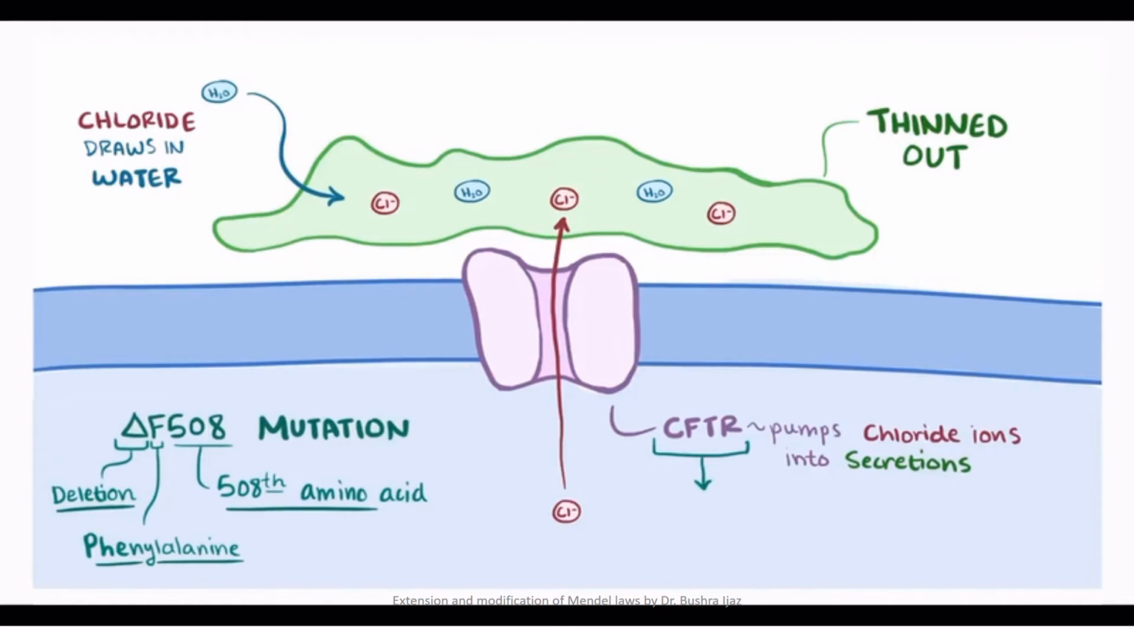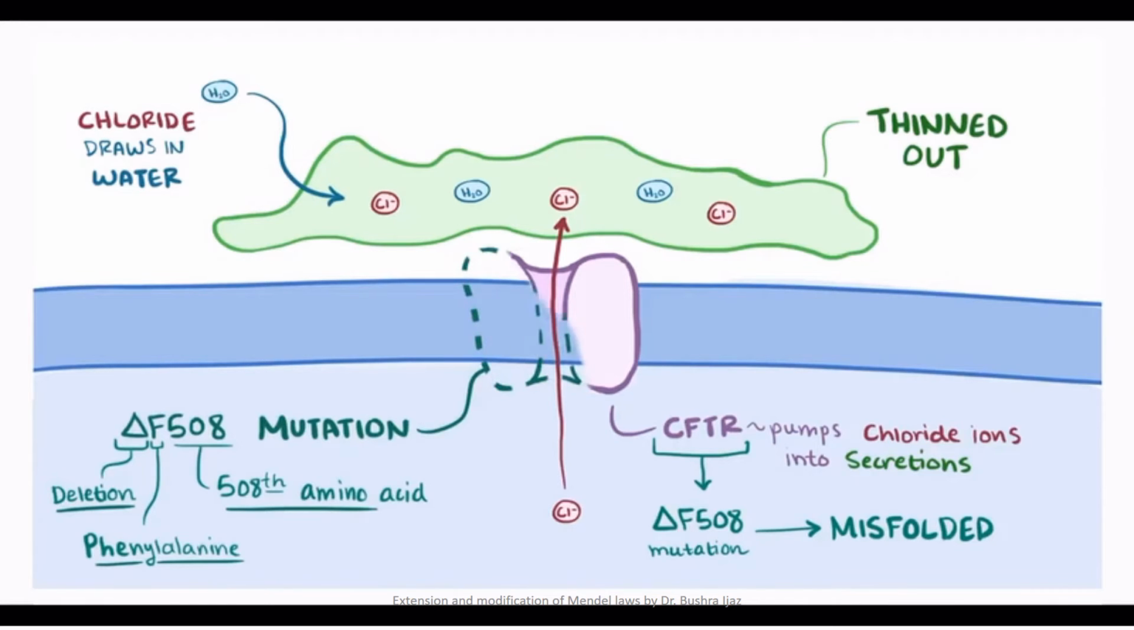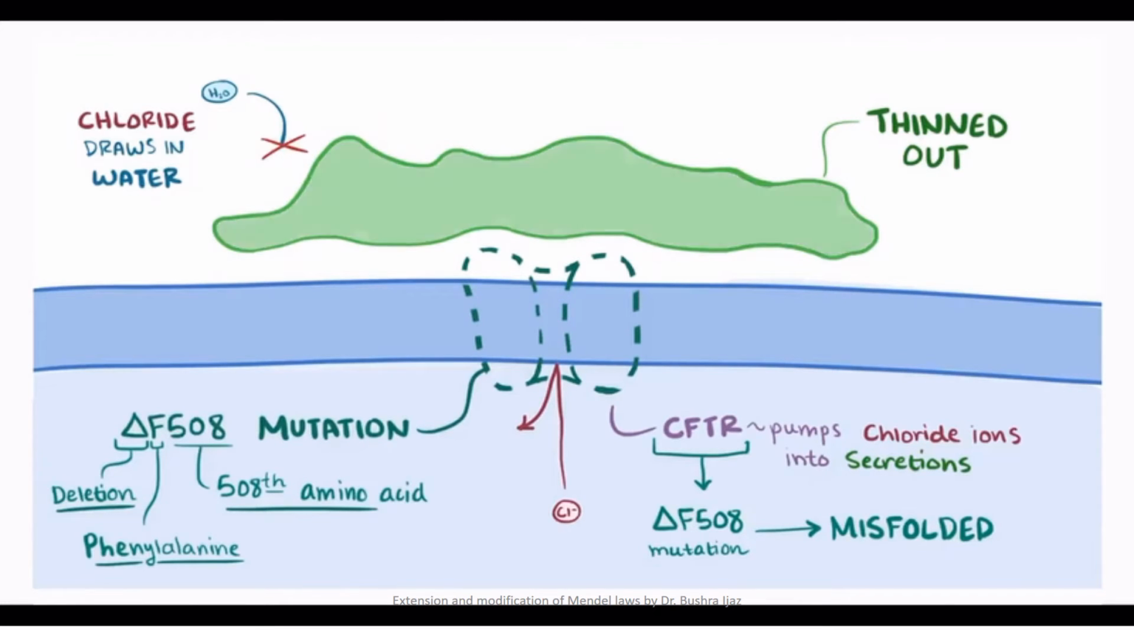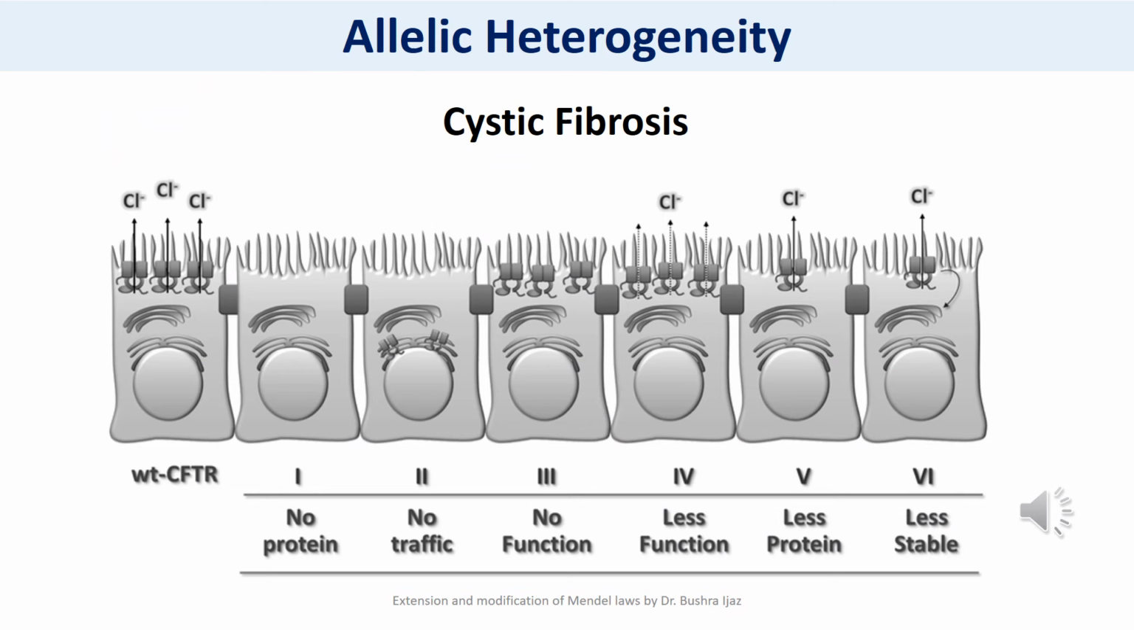This CFTR protein with the delta F508 mutation gets misfolded and can't migrate from the endoplasmic reticulum to the cell membrane, meaning there's a lack of CFTR protein on the epithelial surface. This means that it can't pump chloride ions out, which means water doesn't get drawn in and the secretions are left overly thick. Okay, so from this video, we came to know that cystic fibrosis is an inherited autosomal